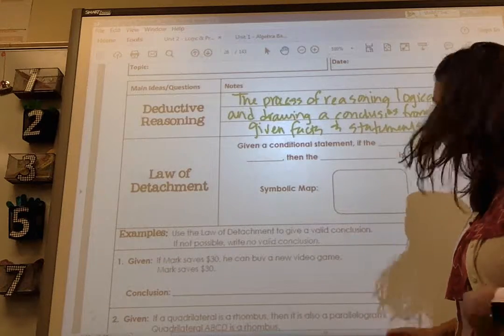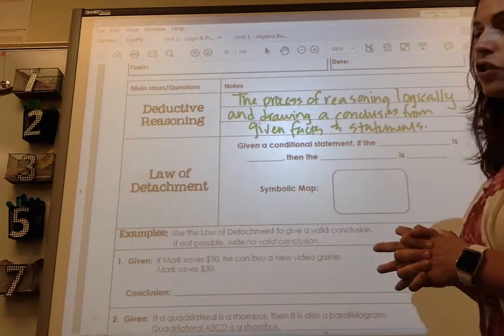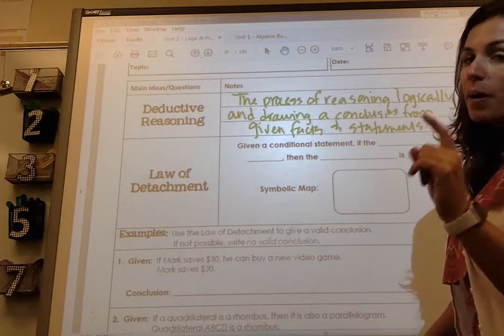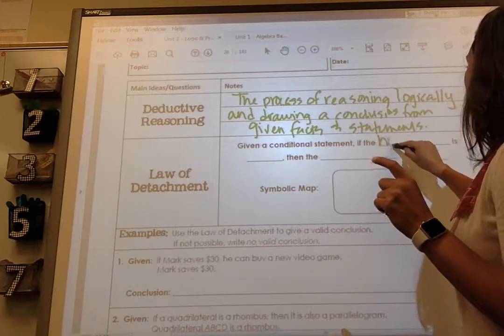Okay, there's my definition. So if we're given a conditional statement, if the hypothesis is true,